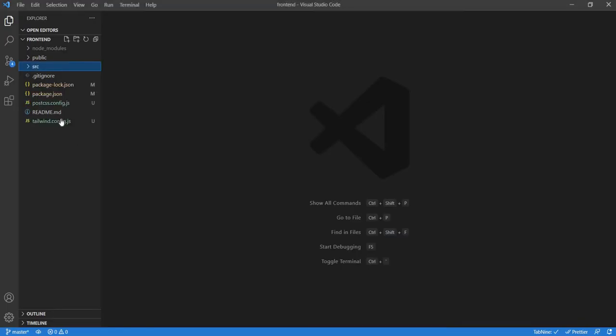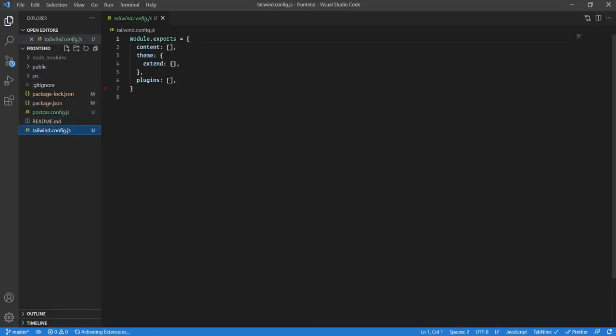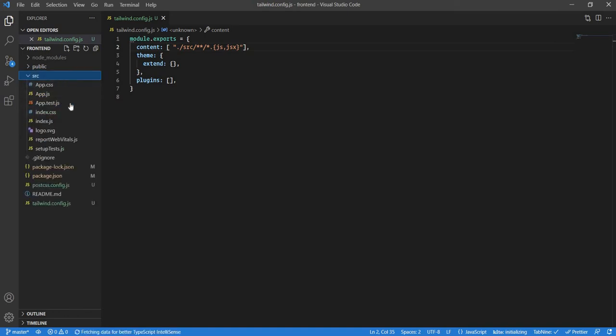So let's see if it's there first. So yes, it's not there. So let's put it there. Now what is this going to do is, we'll just put it here like this. Yeah. So whenever we write any code in our src, because this folder will be our main folder of interest,